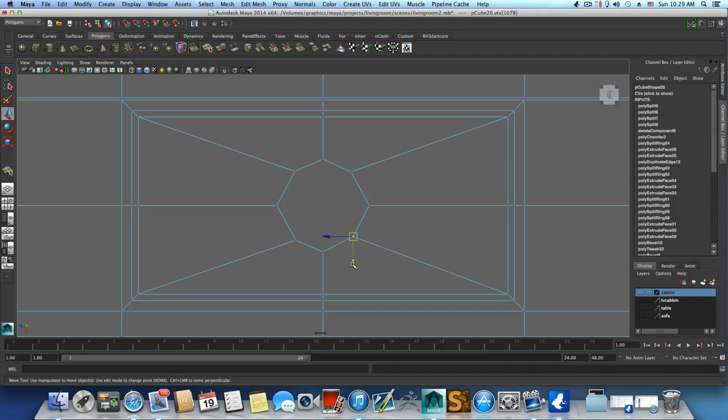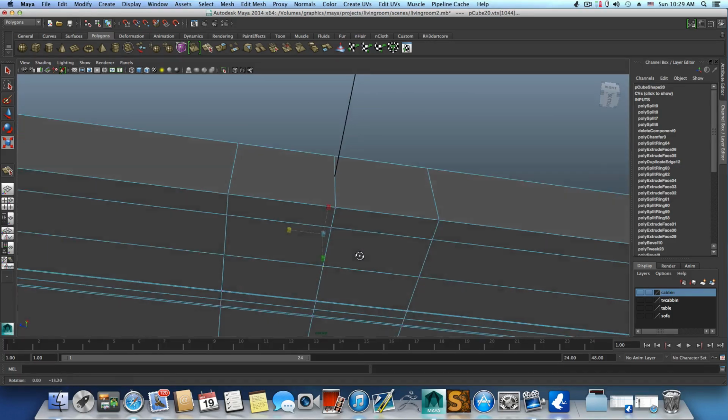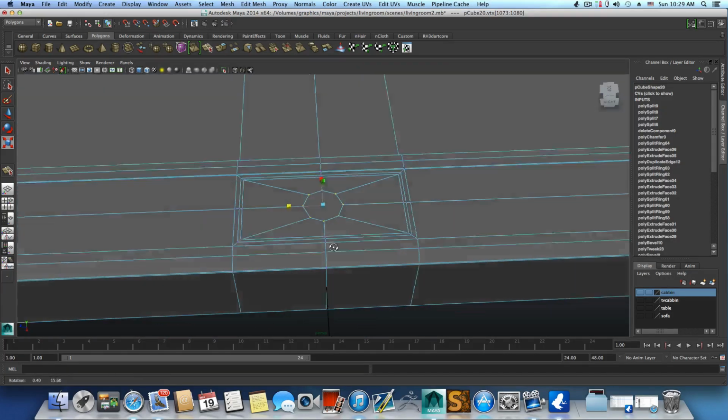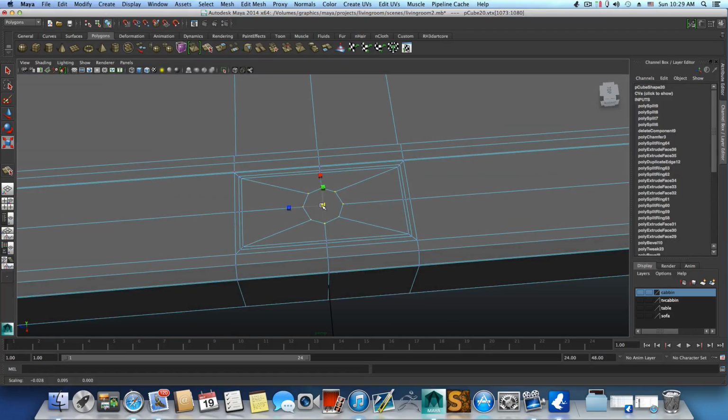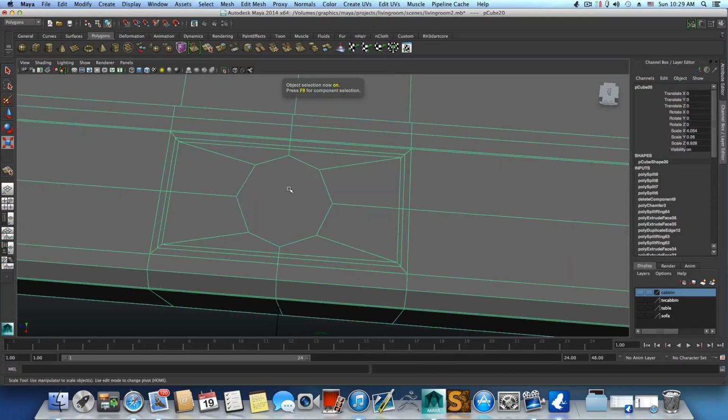I need to adjust this one to here, grab them, this one a little bit down, grab them 4 again, use the scale tool to adjust this that way, and then grab them all at once and make sure you didn't select anything else. You see there are vertices down here, so unselect them, and then use the middle pivot cube to scale this that way. Press F8 once or twice, and then we will grab